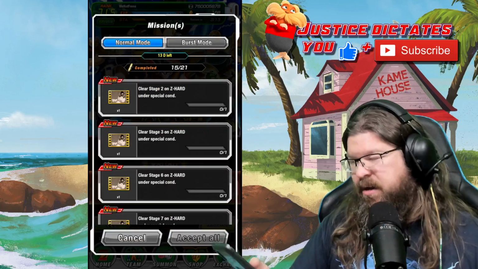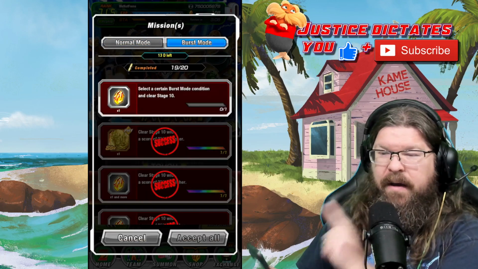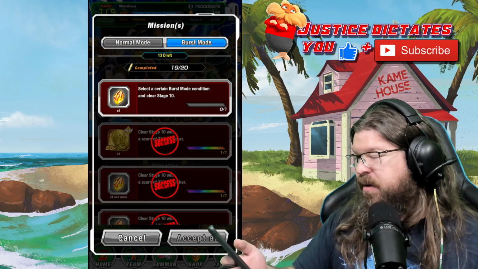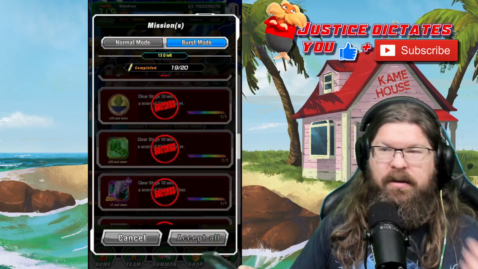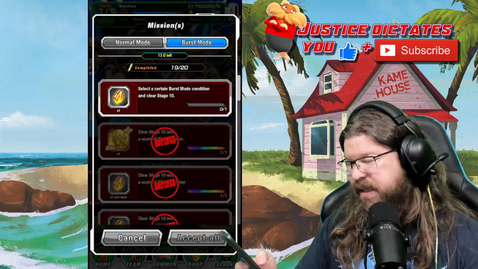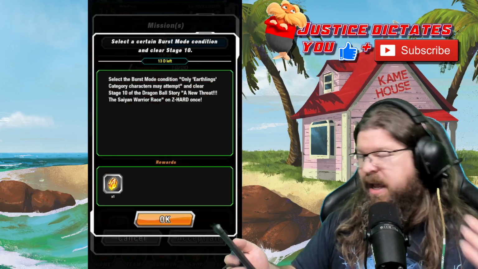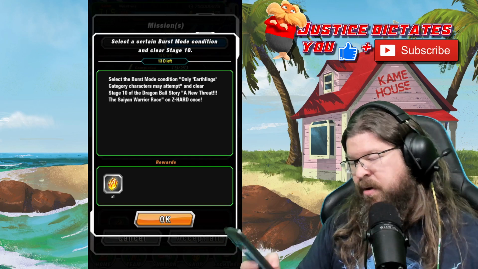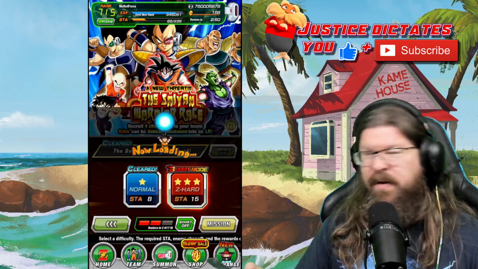Now, missions, I hear you asking. If we go over here to the burst mode mission, so there's a separate tab over here for burst mode. If we go over here, you'll get just about everything out of just running that one. You'll get everything. It's going to be hilarious. The only one that I don't have here is burst mode condition to clear stage 10. And what it's going to tell me is to go back and do this with an Earthling category character on the team. And then literally what I could just do is just run back in here